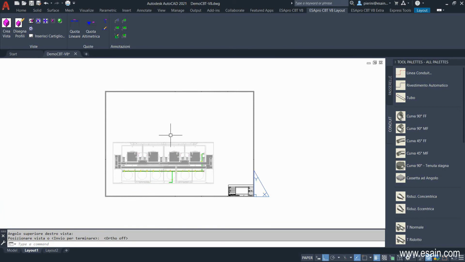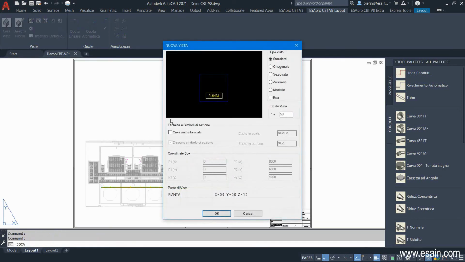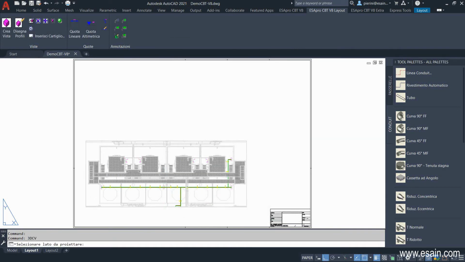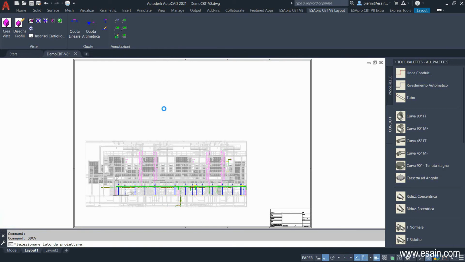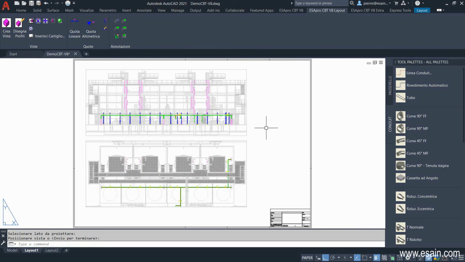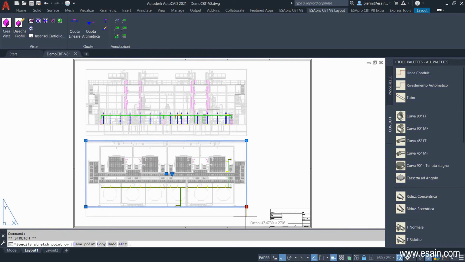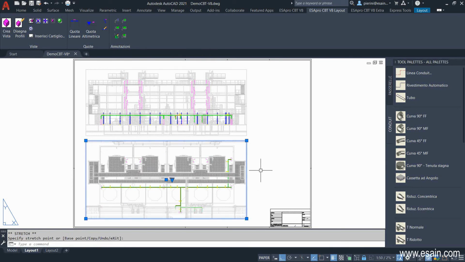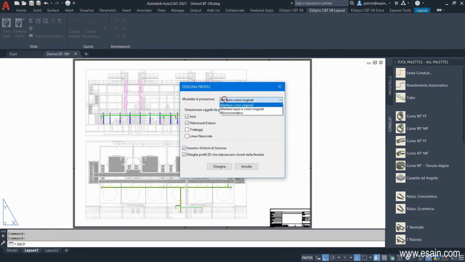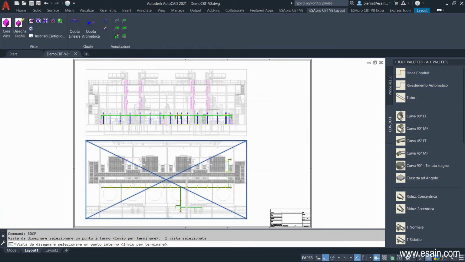And let's add another view. This time we create an orthogonal view as a flip of the view we just generated. Click a point on the edge of the window to be projected, and generate a 90-degree flip view. We arrange the edges, and with the Draw Profiles command, we create a flat drawing that follows our 3D model with 2D entities.